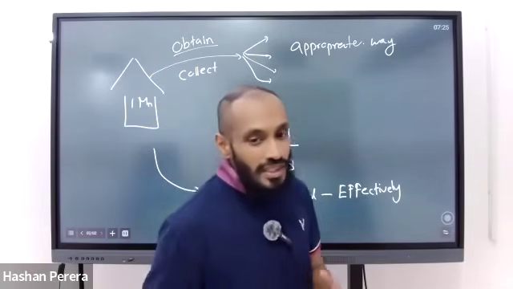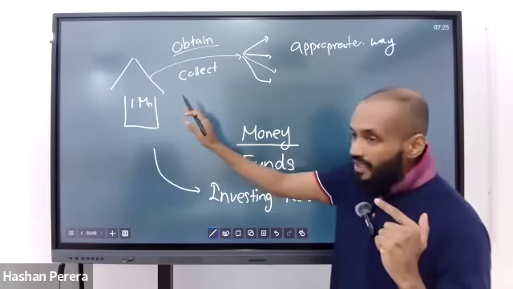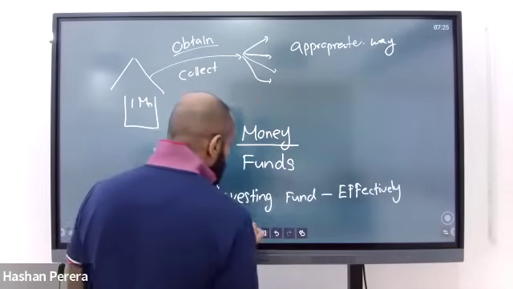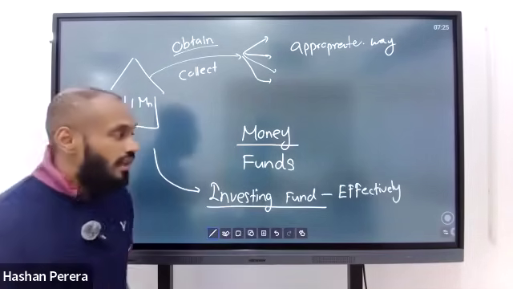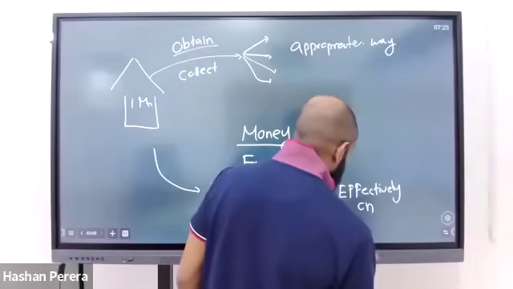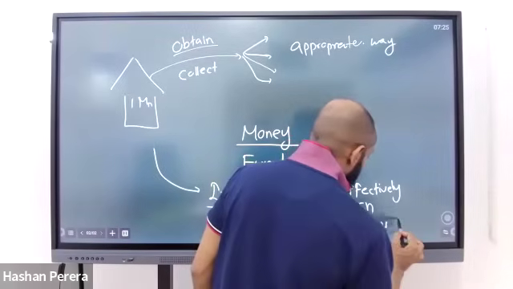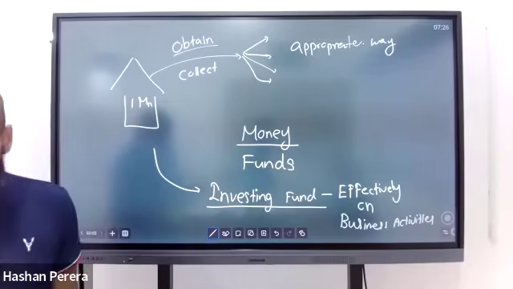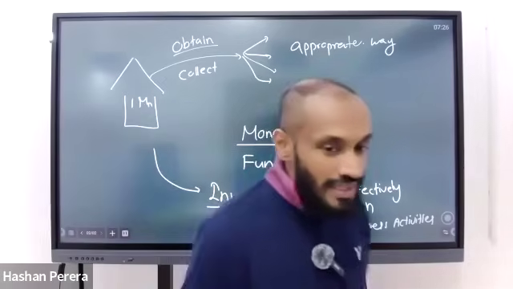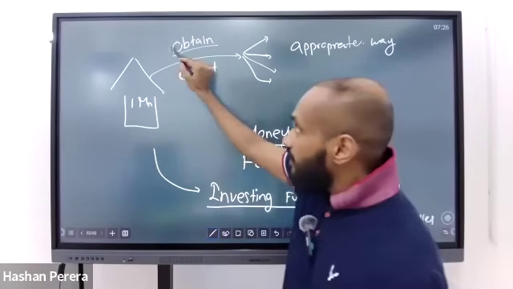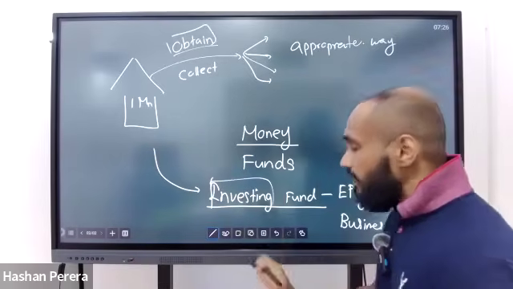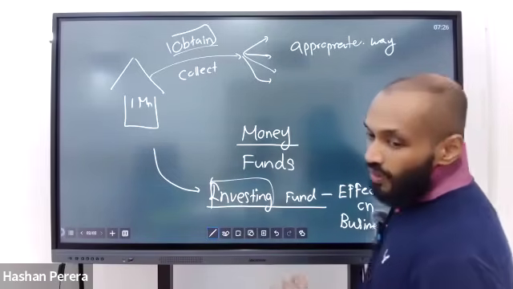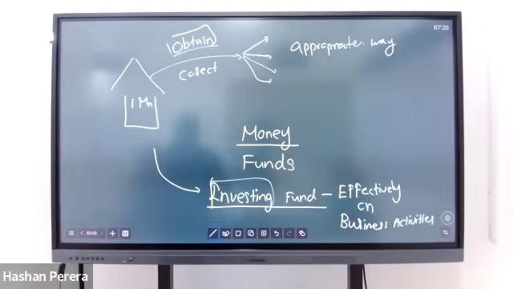Clear? Now, is that the way? You obtain these funds to invest in your business. So you have to make sure you are investing your funds effectively on business activities. Is that understood? So whenever you are starting a business, you have to obtain funds and also you have to invest funds. Clear? Now finally, what you are going to do is